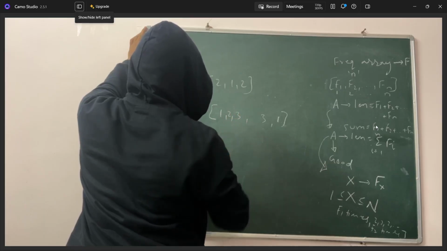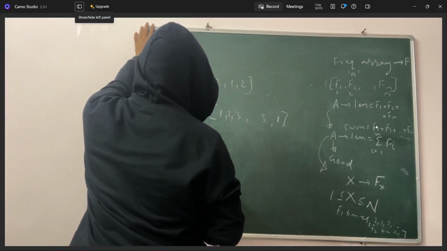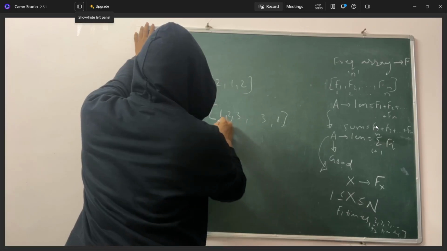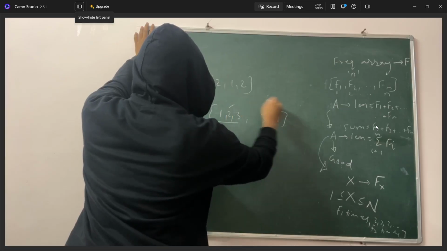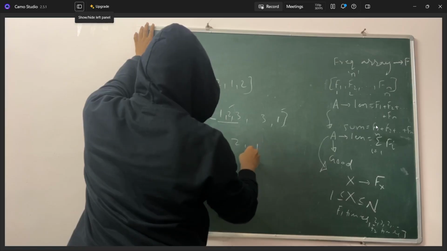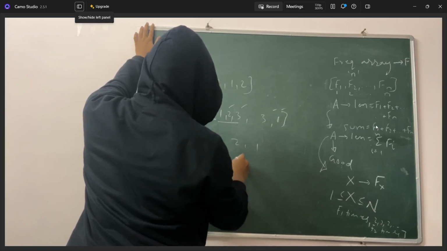Let me put it here. So in this case LIS is 3, but your LDS is going to be, if you take 2 and 1, or if you take 3 and 1,